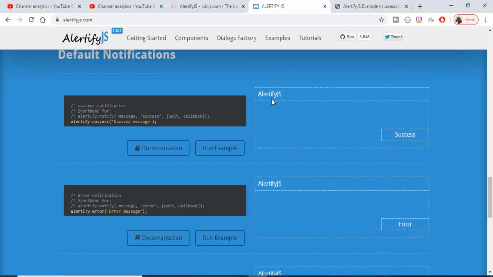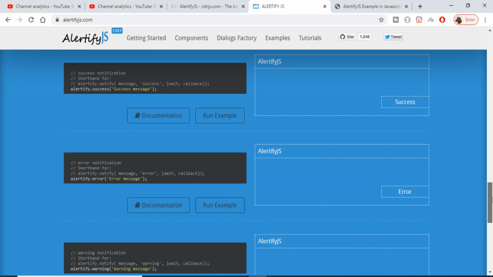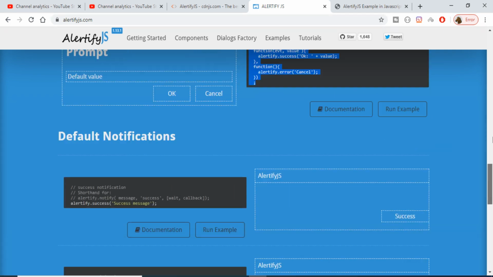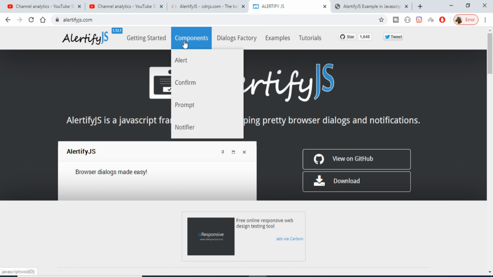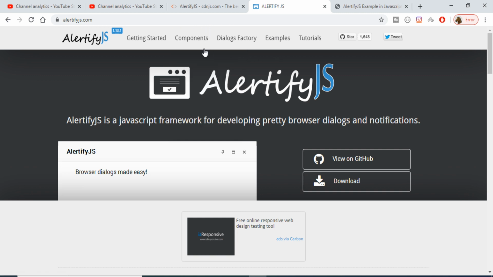So in this video guys, we have seen the basic overview of this Alertifyjs library. There are many more methods available. You can go to the components here. You can read the whole documentation. It is there on alertifyjs.com, and it is a good library that you can import in any sort of project that you are building in programming. So I will highly recommend that you check out